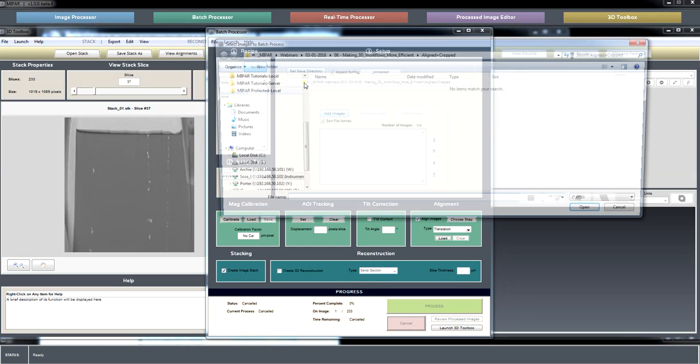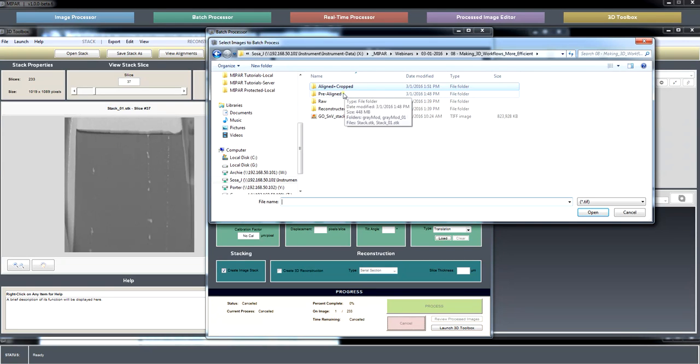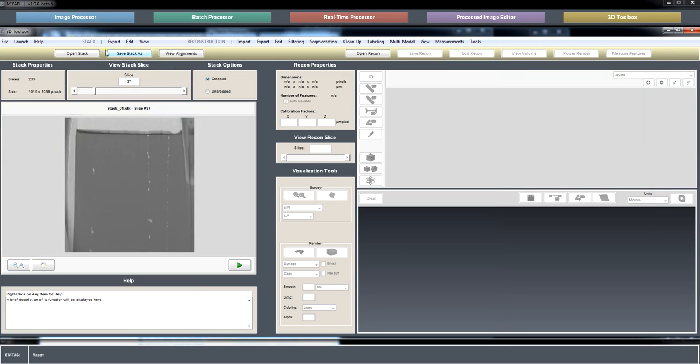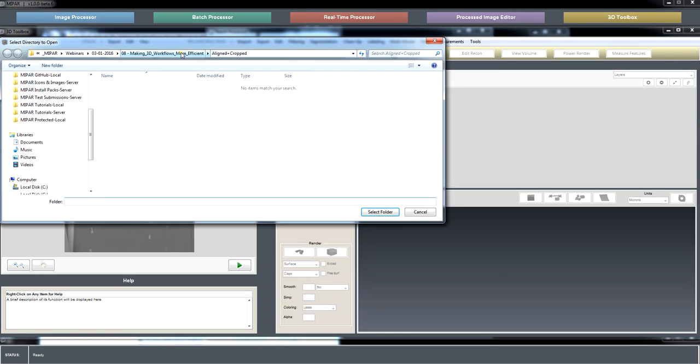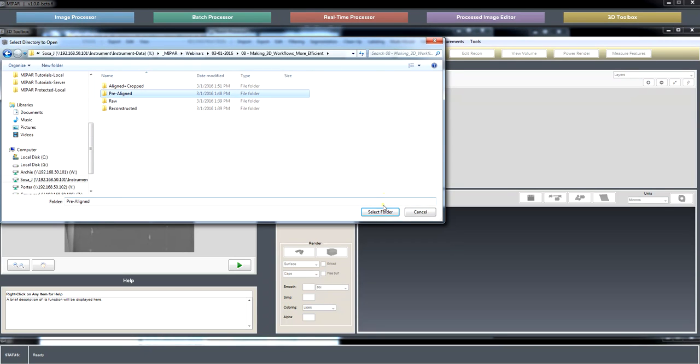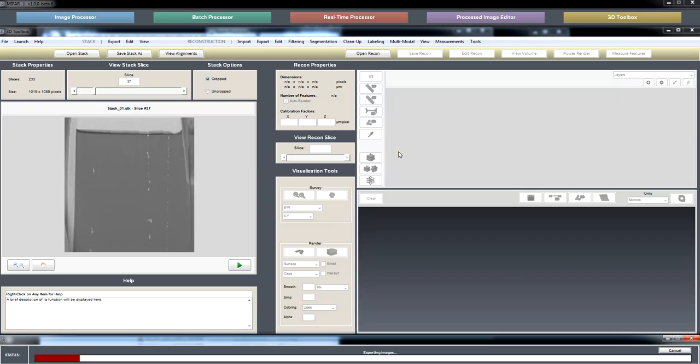We're going to use the pre-aligned images that I just exported from the, or did I not? Maybe I didn't do that ahead of time. So images, export to images into the pre-aligned folder. And what you can do in MIPAR is